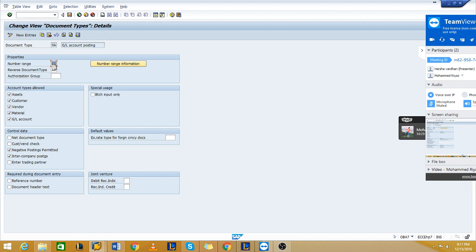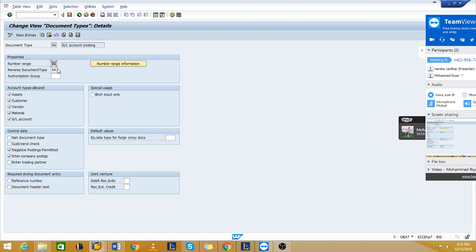As I told you, whenever you post a transaction, it will be saved in the system and that will be called a document, and that document will have numbers. Those numbers will be derived from this number range key, whatever number range interval you give. Like for GL account groups you have given number ranges, from the number range only your GL account will be derived.